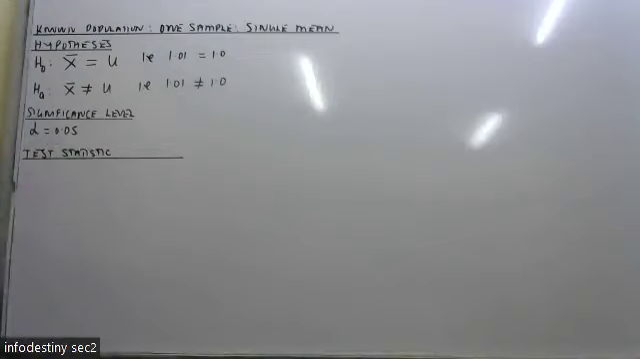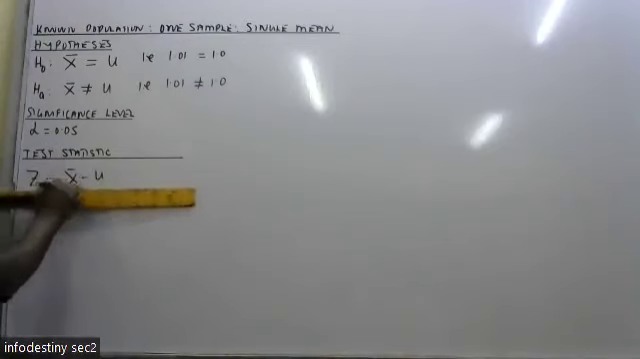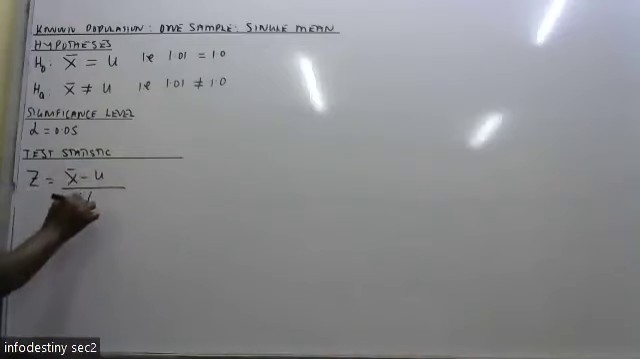Now, when you are in one known population, one sample single mean, we use Z, which is given as X bar minus mu, divided by standard deviation divided by the root of n. So this one is normally called Z calculated. Z calculated as